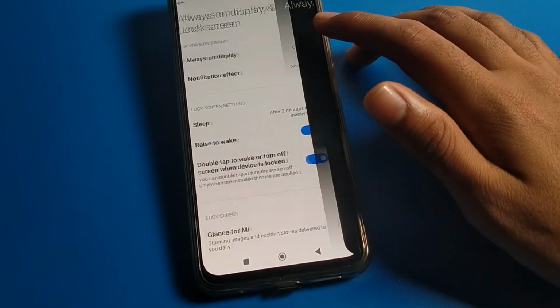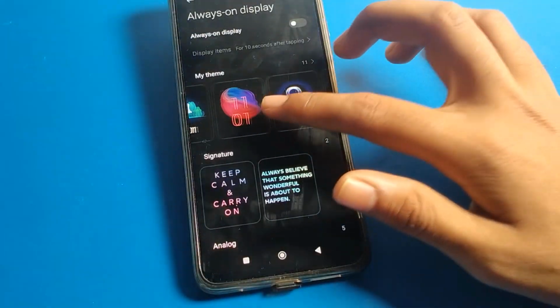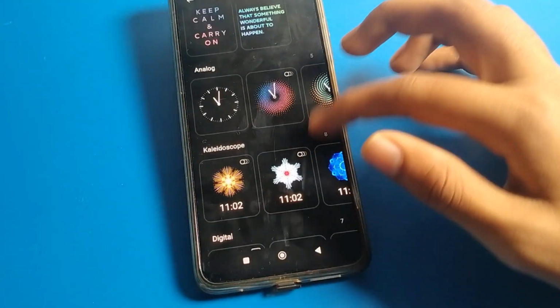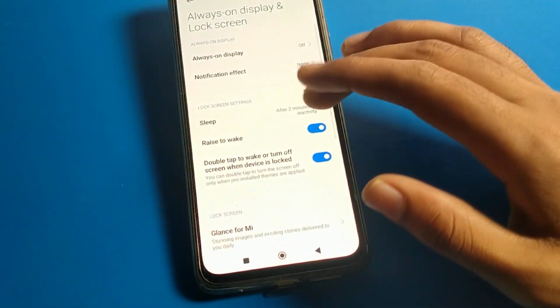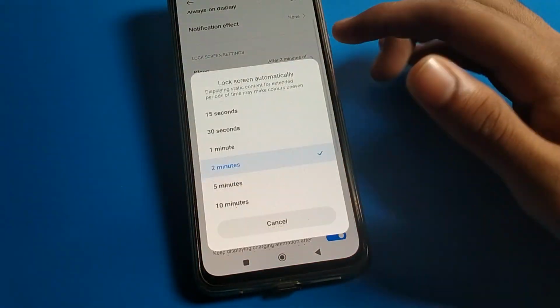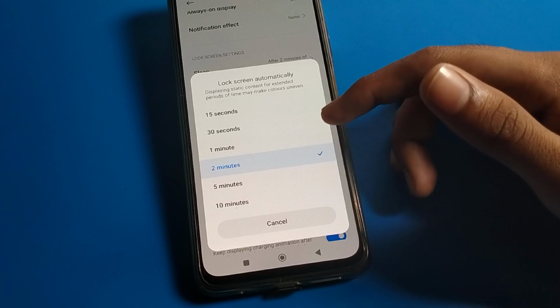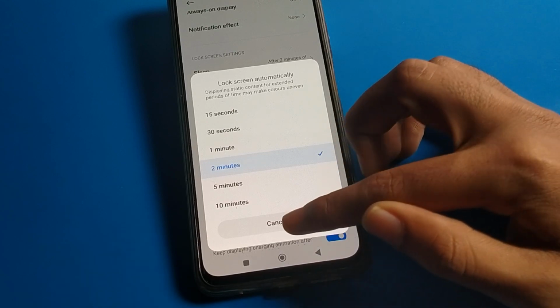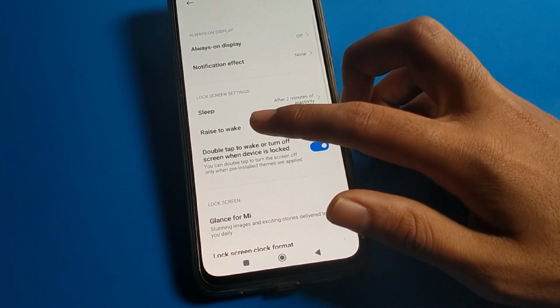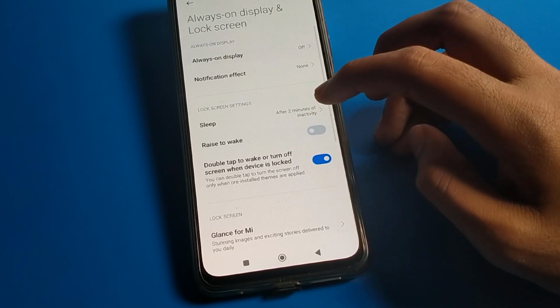Friends, if you want to turn on your always on display setting, you can turn it on and you can select this theme for your lock screen and use it. Friends, you want to change your phone sleep time, your screen timeout, so you can change it from here. Friends, you want to use raise to wake, so you can turn it on and